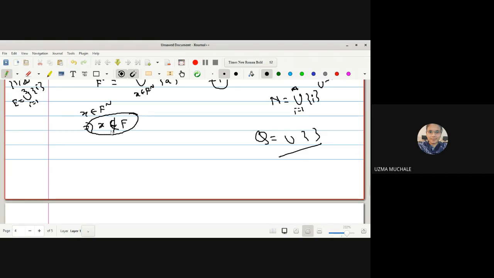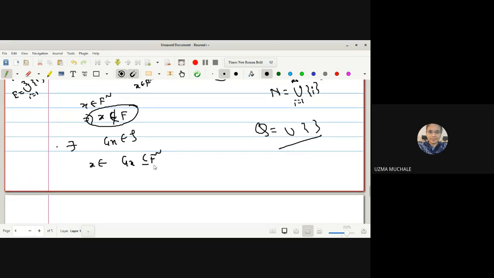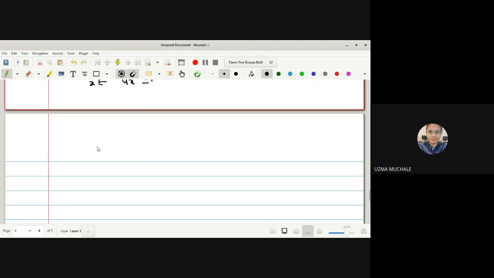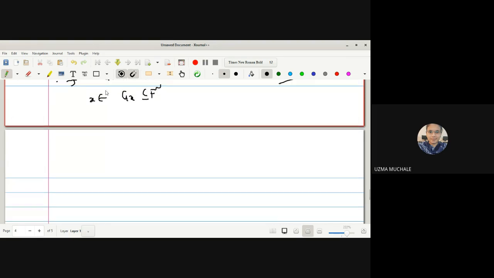Okay. So now we can go back to our theorem. What is the theorem? X is not a member of F, and F is a closed set in X2. Then there exists. Okay. I can write this. If you want to write down, you can write the statement of a theorem here. Whatever we have proved here. By the property one, I will write there exists open set Gx such that X belongs to Gx and Gx is contained in F complement. Okay. So let me write down here. By the previous property, there exists a open set which satisfy this condition.